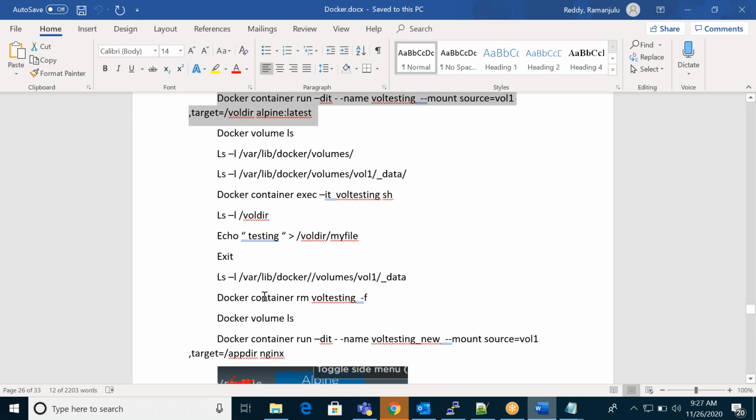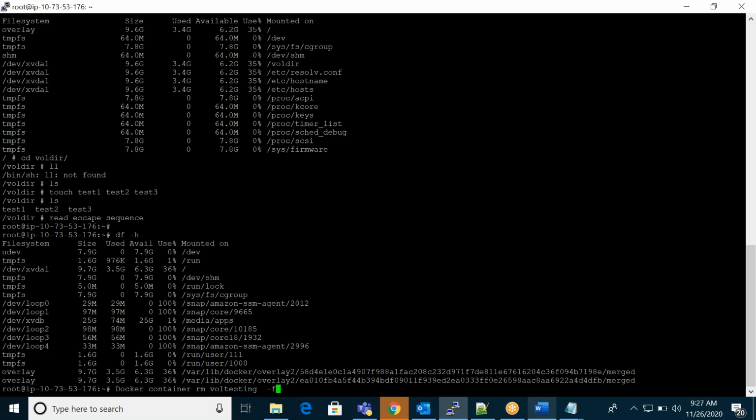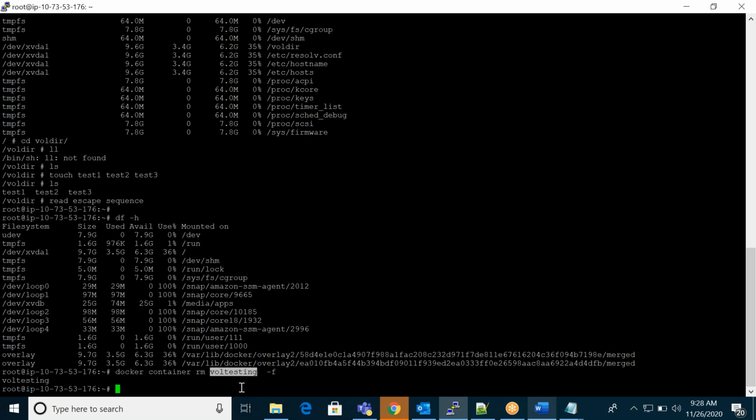If you want, you can remove the container, whatever container we have created now. I'm removing it. You can see here, docker container remove my containers. I removed it.